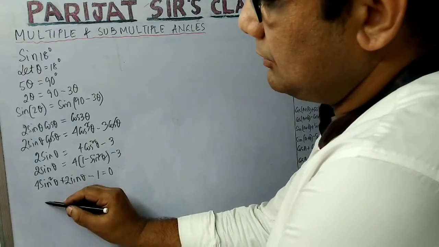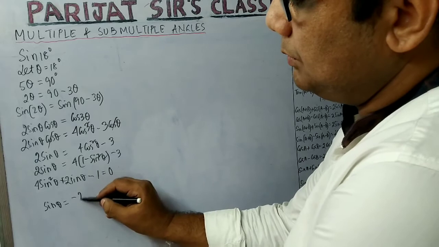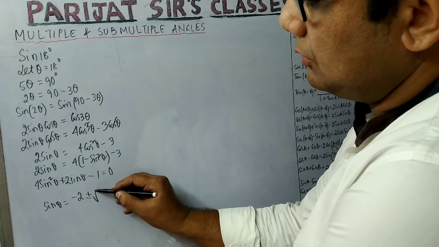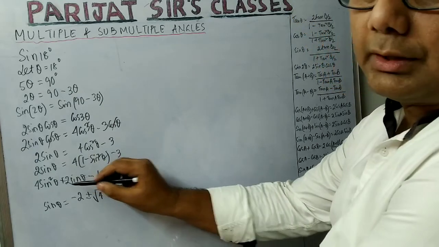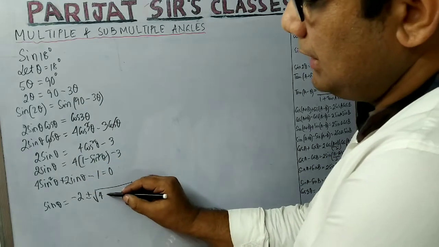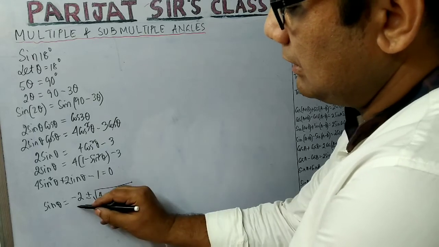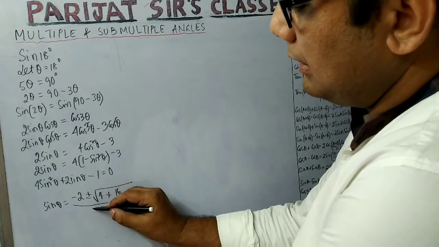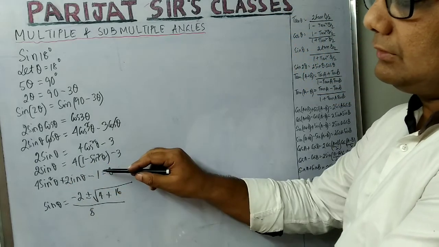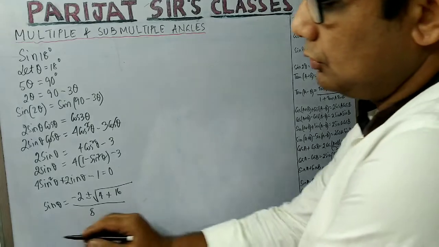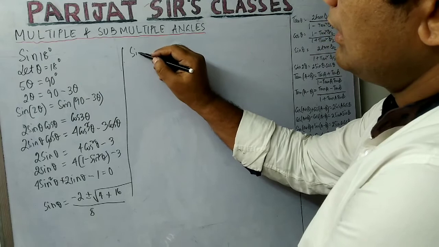And applying the Sridharacharya formula, sine theta is minus b plus minus root over b square minus 4ac, over 2a. Here b square is 4, and 4ac gives 16, so under the root it is 20, and 2a will become 8. My a is 4, my b is plus 2, my c is minus 1. So we are getting sine theta as